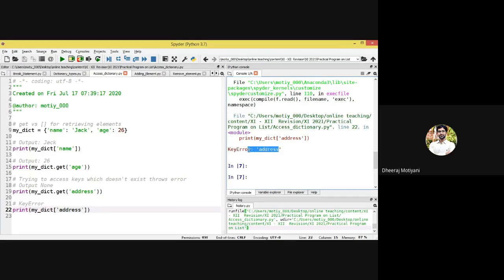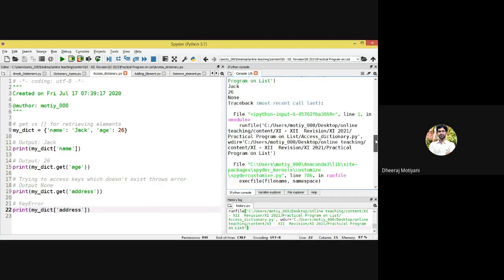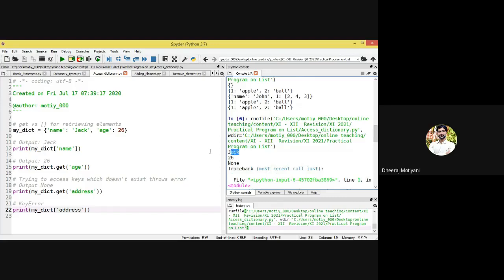You're not having any key available with this name in the dictionary. Jack is a value of the key name, and 26 is the age, okay, value of this key age. Okay, trying to access keys which don't exist throws an error. Okay, you can understand this.